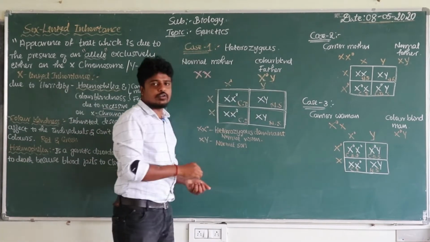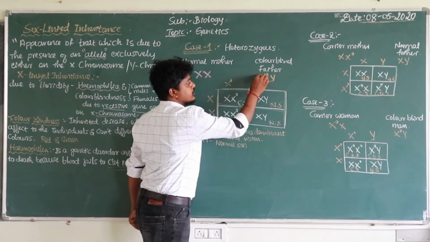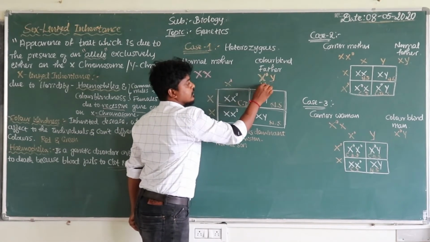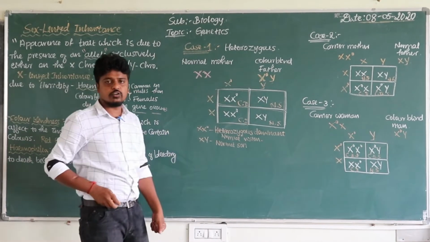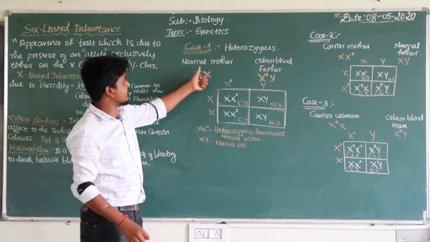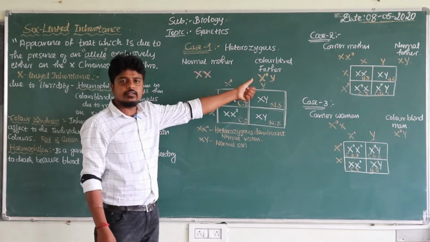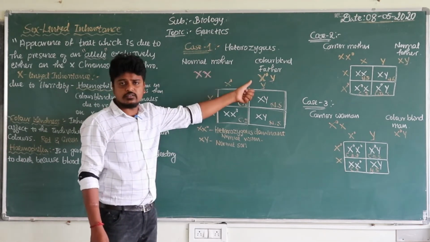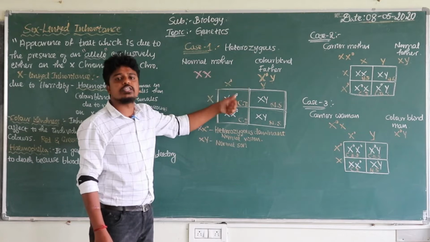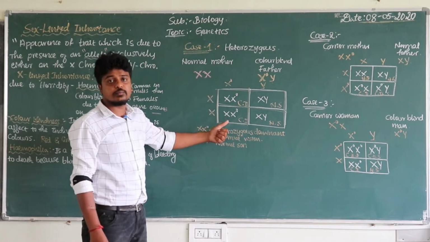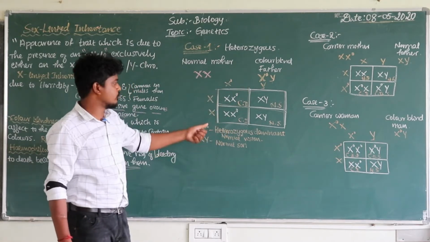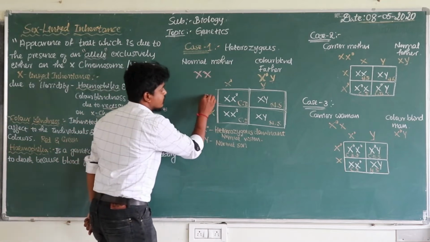But have a look here, on the surface of an X, you can see that the immediate action over there. Yes or no? So let's calculate the normal mother and the colorblind father. So the new generation, the progeny, what could be the possibilities? Let's have a look here. When the first generation,